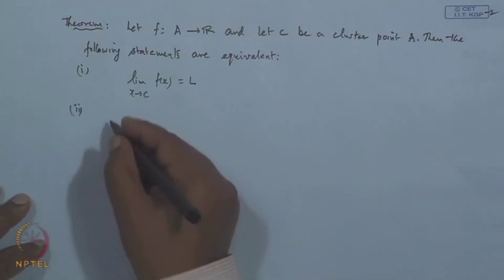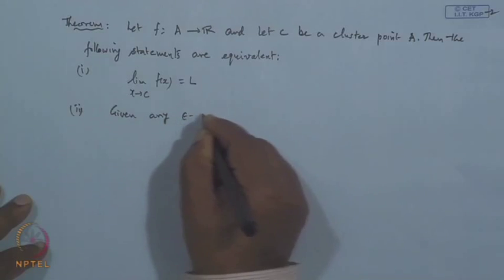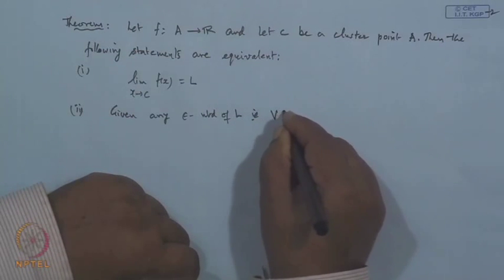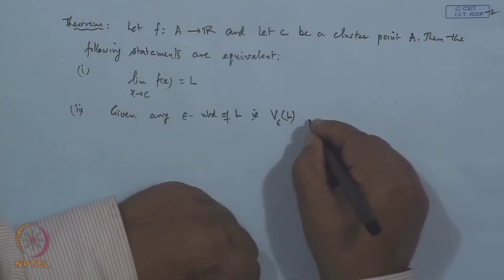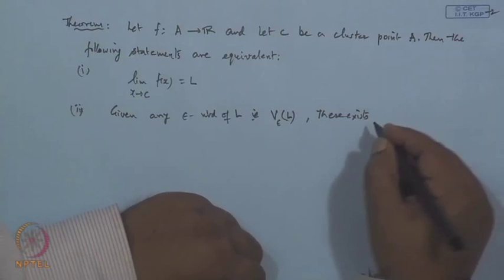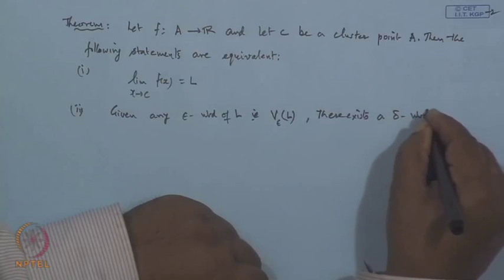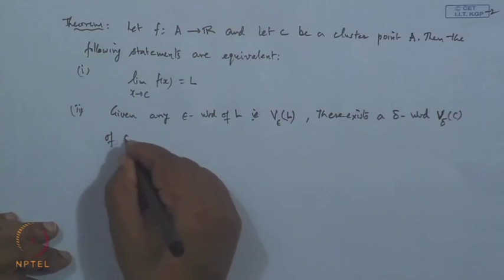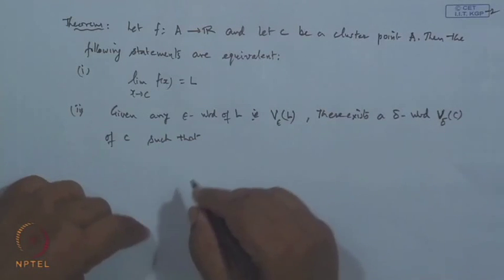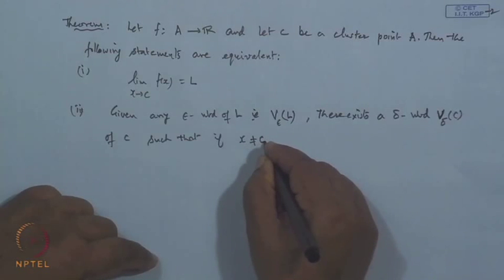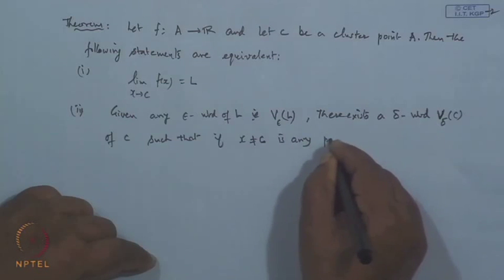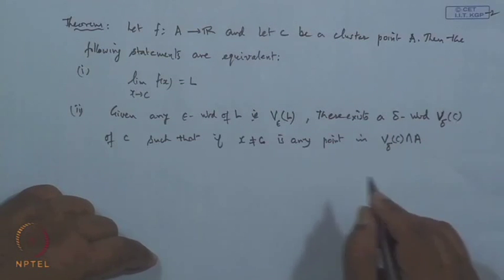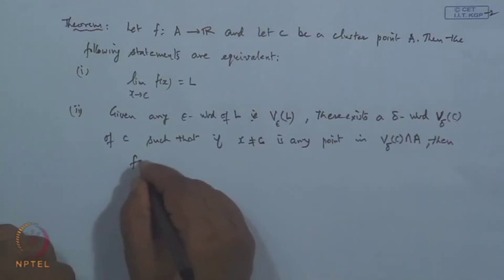given any epsilon neighborhood of L, which we denote by V epsilon(L), there exists a delta neighborhood, denoted by V delta(c), the delta neighborhood of c, such that if x, not equal to c, is any point in the common portion of V delta(c) intersection A, then f(x) belongs to